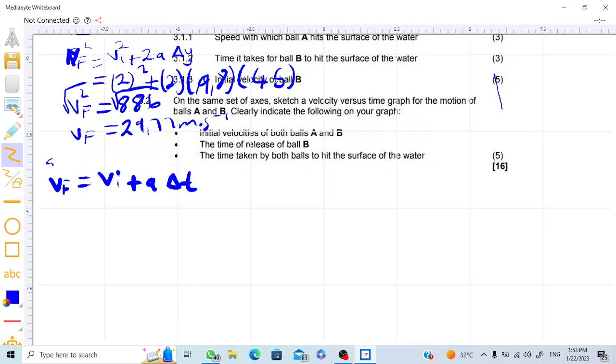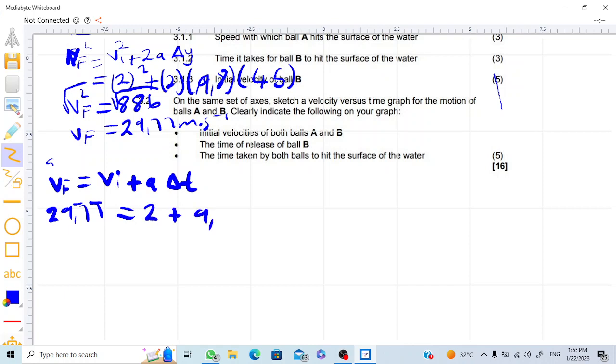Now you already know the final velocity of object A. So substituting the final velocity of ball A, you are going to have 29,77 from the previous question. And the initial velocity is 2 because it was thrown at the speed of 2